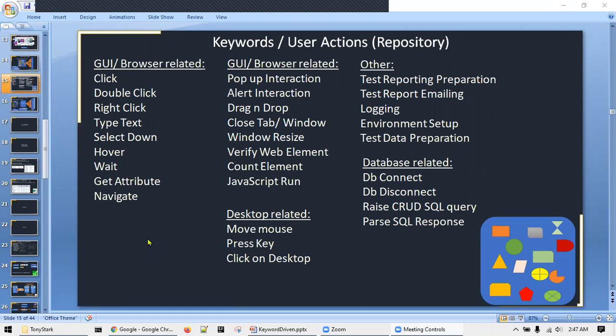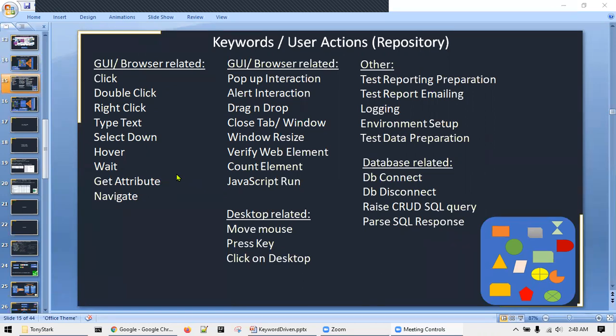So these are basically typical browser related 16-17 actions a user can do, and this can still expand. So for example, clicking, double clicking, right click, some common user actions, and then pop-up handling, alert handling, drag and drop. So these are the typical actions, the very common actions, done by a user